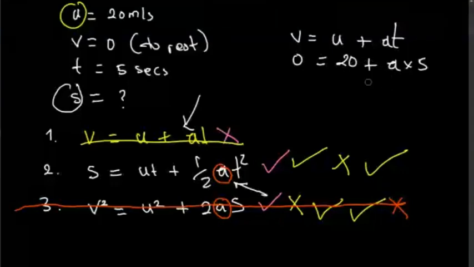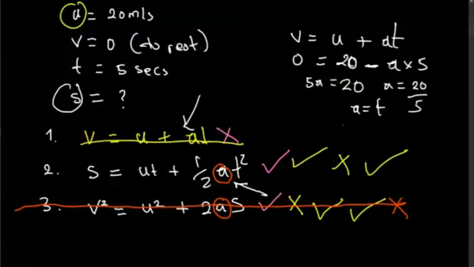That means this sign here is negative. So whenever we're coming to rest, we use the negative sign. Move this over, you have 5a equals 20. Divide both sides by 5, you have a equals 20 over 5. So acceleration is equal to 4